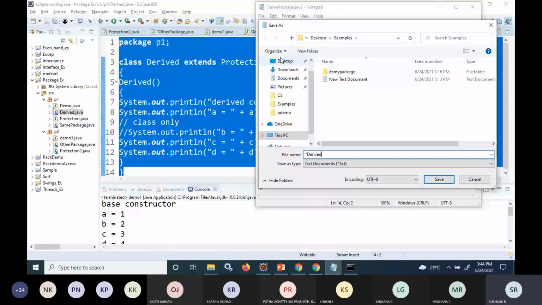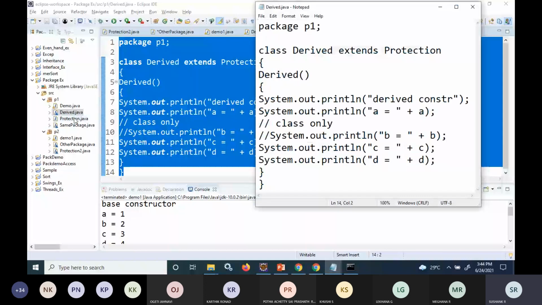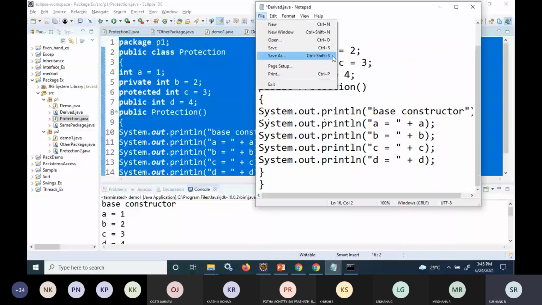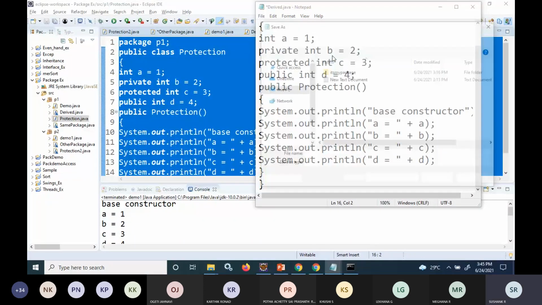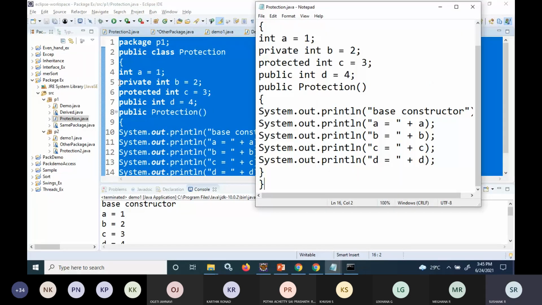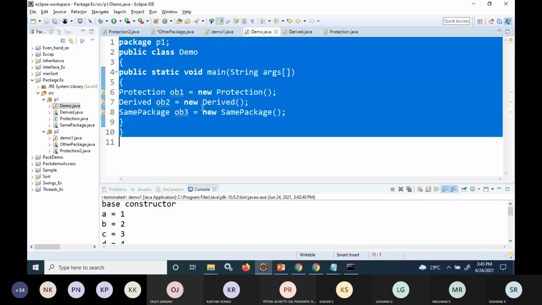Then I'll write protection.java. So protection.java file, save as protection.java. After this, the last one, the demo one, control A, control C. In order to save the time, the same thing I'm writing here.